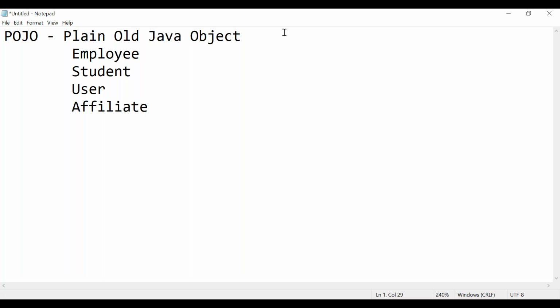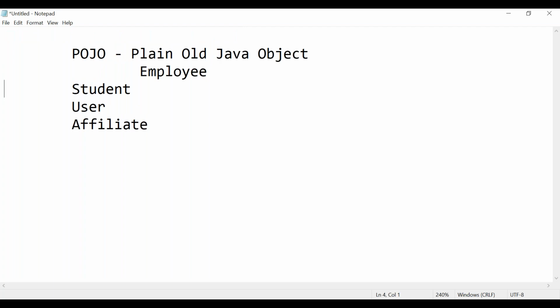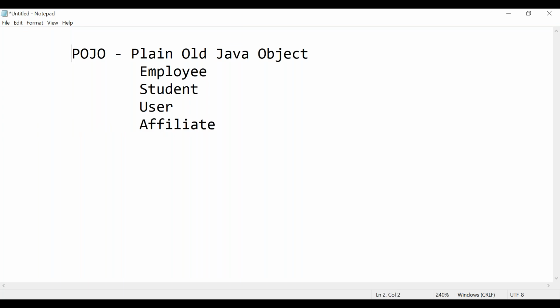So in core Java, you will be telling it as Pojo class, guys. You can note down this point also. In core Java, same class, what will you be telling? You will be telling Pojo class. What about in Hibernate? In Hibernate, you will be telling this as an entity class. All are the same, correct?